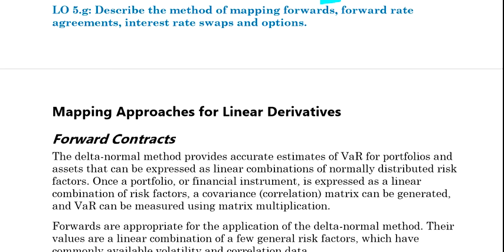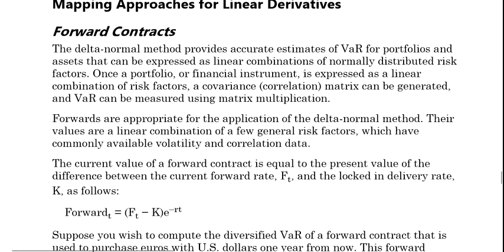Clear? Now we are into the last part of the chapter. Earlier we saw how we map our fixed income securities with the help of principal, durations, or cash flows. Now we will be working with forwards, forward rate agreements, interest rate swaps and options. Quite a complicated part because we don't have any kind of practical portion here, but still we need to find the best way to complete this.